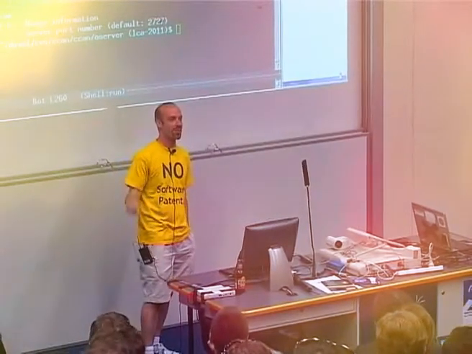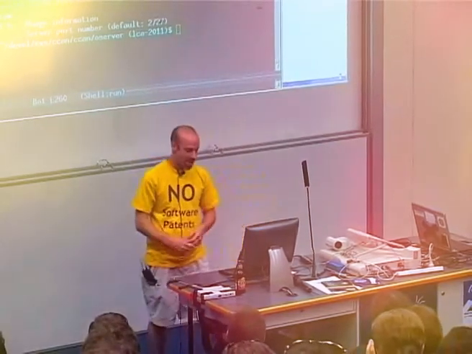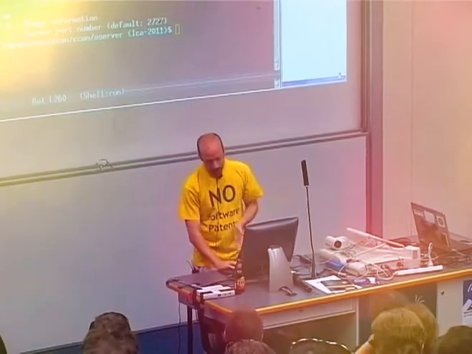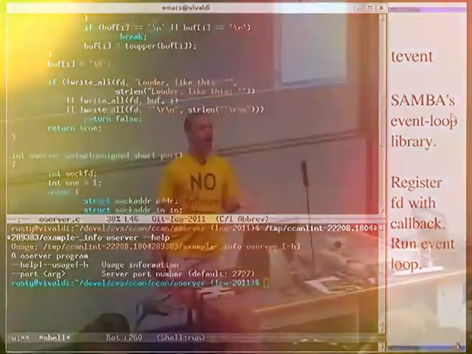I did briefly consider turning this into an anti-thread tutorial and spending the time that I actually spent writing this code on actually turning anti-thread into something that I wasn't embarrassed to show to people. But in the end, it was just simpler to go, no, let's go for an event loop style thing. I chose to use T-Event. There are a whole heap of libraries out there. T-Event is a little bit baroque these days, but it's